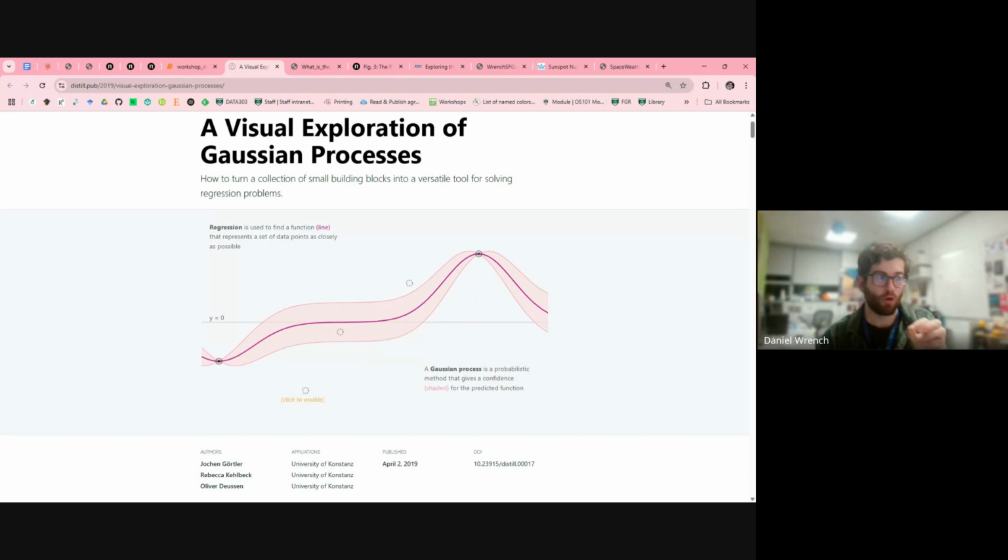So if there's very strong autocorrelation, this interval will taper out very slowly. But if there's very low autocorrelation, you're going to be uncertain as soon as you move away from your observed points. So that's something hopefully we'll be able to visualize. But here you can see how it works. As we observe points, we become more certain about where the function lies, but there's still some degree of uncertainty between those.